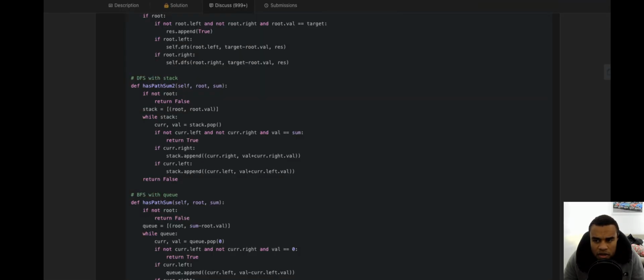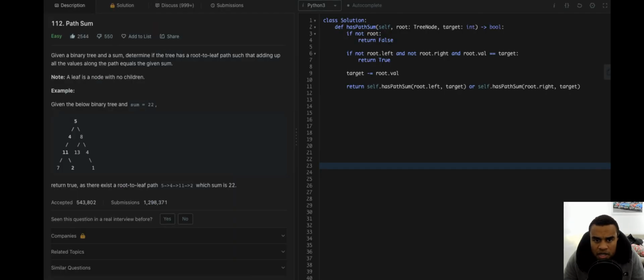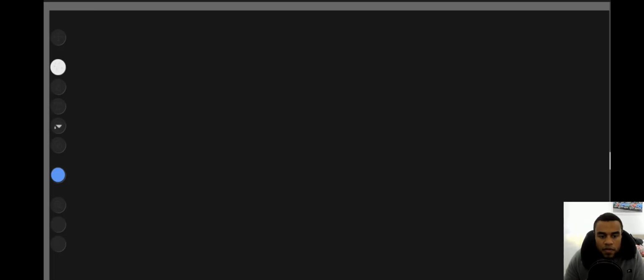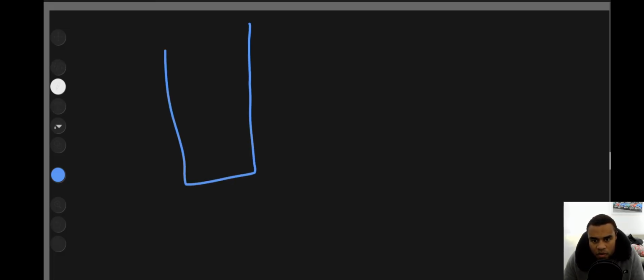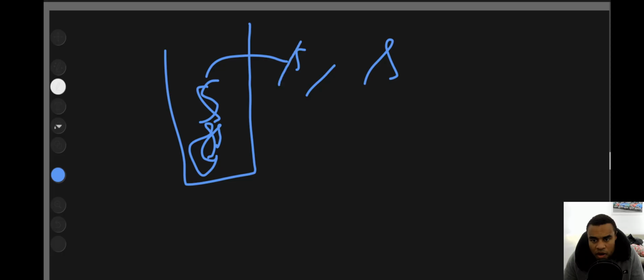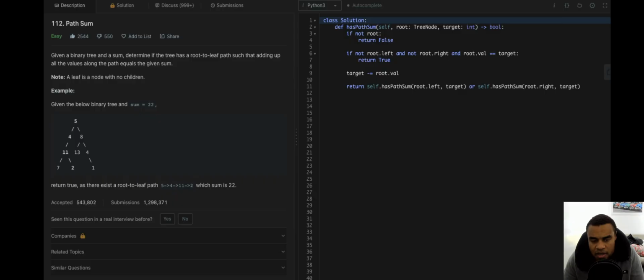Well, let's see. We add right, then we add left. But as you can imagine, we add 8 and then we add 5. So what gets popped out here is 5 and then 8 in that order. And obviously we added the root first originally, which was, oh sorry, 8 and 4. So we have 5, 4, 8. This is a pre-order traversal, right? Pre-order traversal.